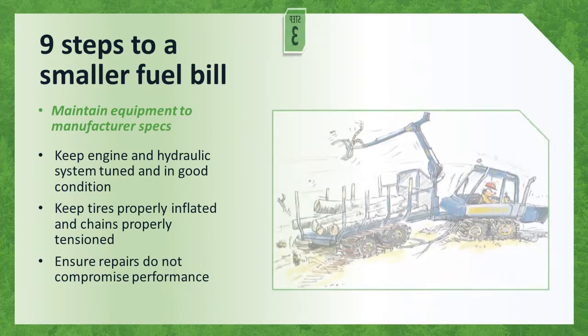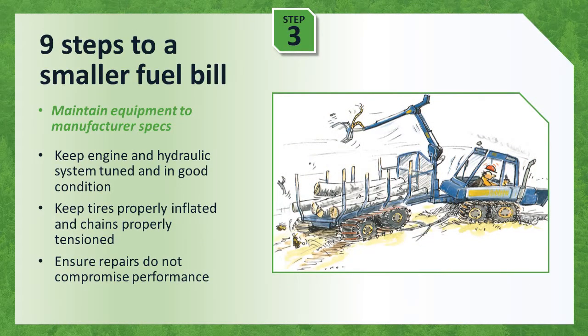Step 3. Keep the engine and hydraulic system tuned up. Discuss with the equipment supplier any software updates for the engine control module, or ECM. Original equipment manufacturers often update software to fix minor engine operating problems you may be experiencing. In addition, every year you should check the operating and margin pressures and verify that the load-sensing valves function correctly